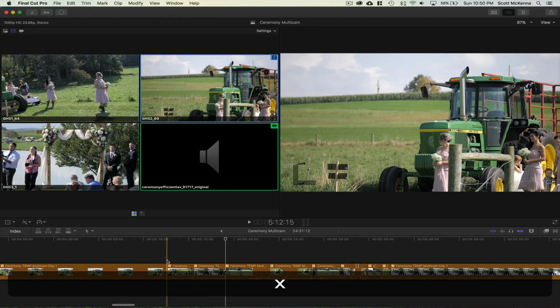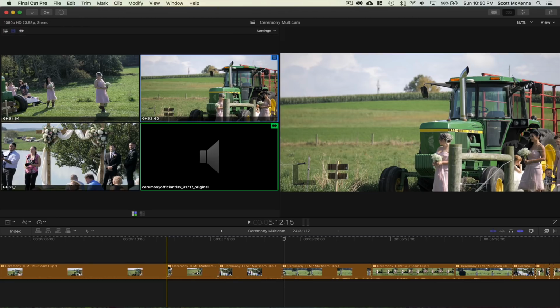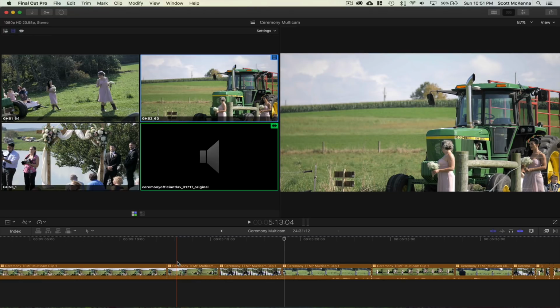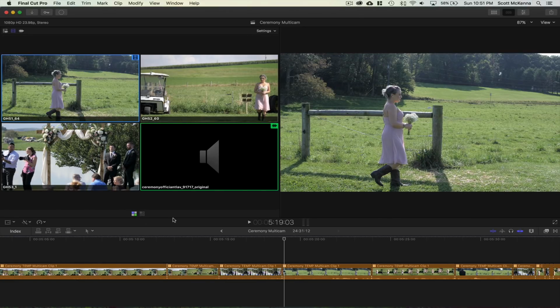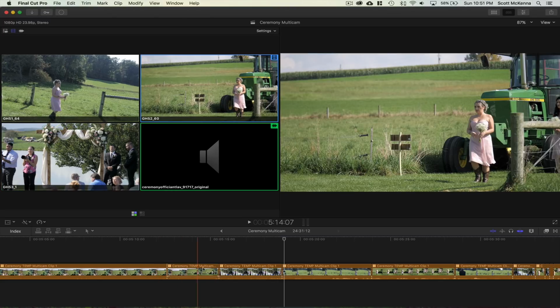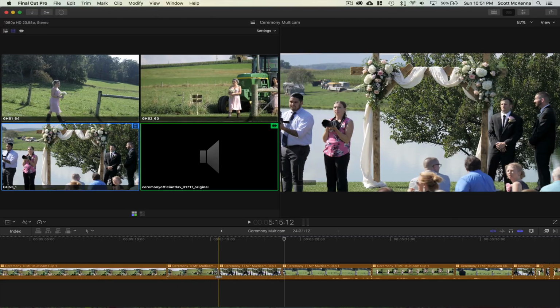Now, the great thing about this is the fact that if at any given point you decided, oh, I actually wanted to cut that a little bit later or a little bit earlier, when you're going through your initial multicam cutting, you can just really go through in real time and cut your cameras by watching the things and cut them and just get them pretty close. Then when you go through and fine tune, it's super simple because you can go between any of these edits and you can simply just hover your mouse over it.